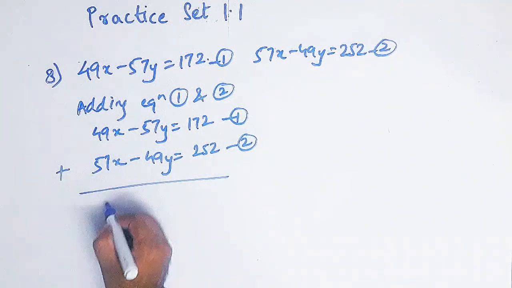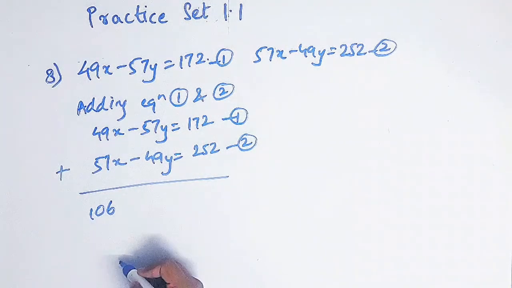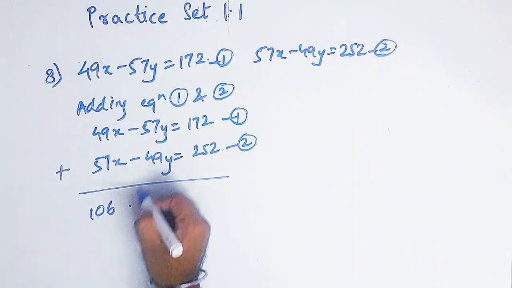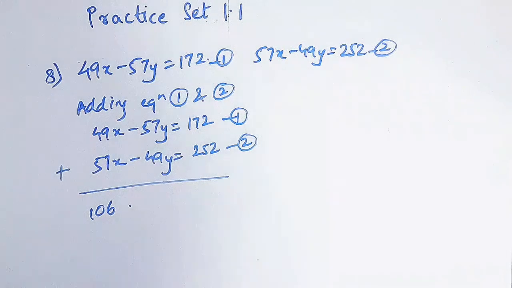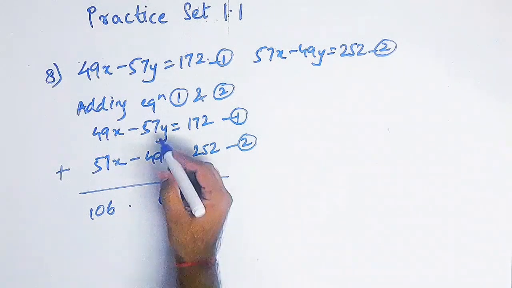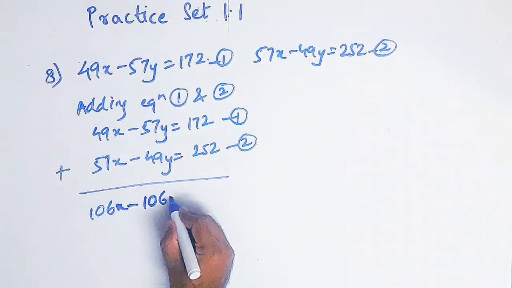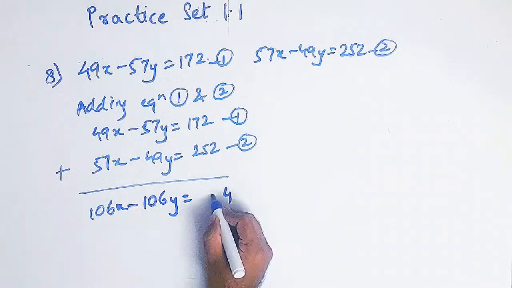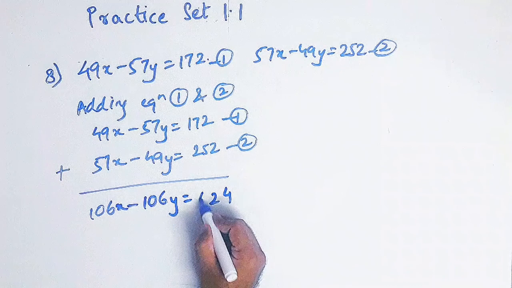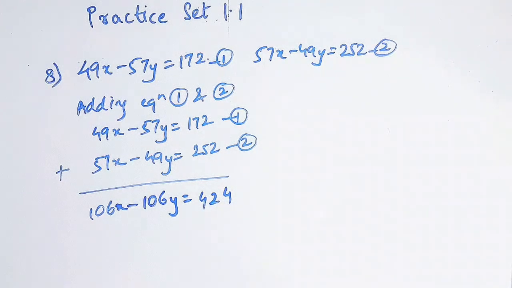If I add them, 9 plus 7 is 16, this is 10, and this is again 16, 106, sign of greater number. This is x, this is y. 2 plus 2 is 4, 7 plus 5 is 12, 2 plus 2 is 4. This is 424. So here if we divide this by 106, we'll get the coefficient 1. Is this divisible by 106? Yes. 100 times 4 is 400. So 106 times 4 is 424.